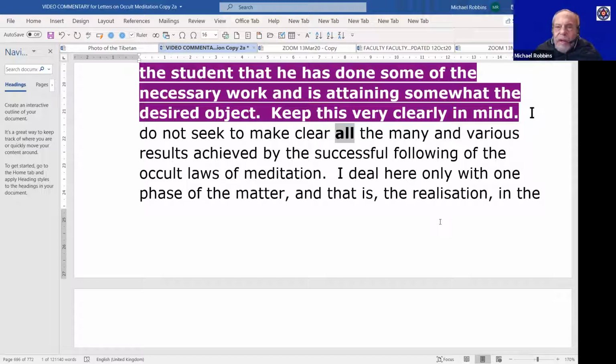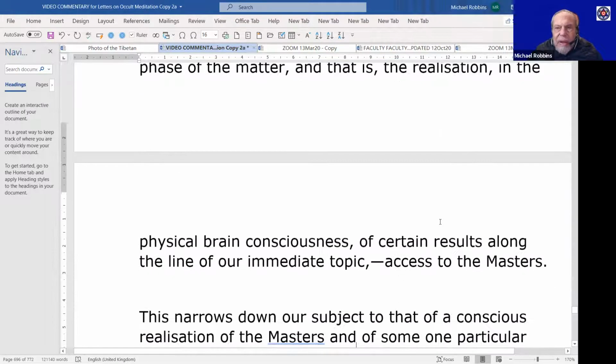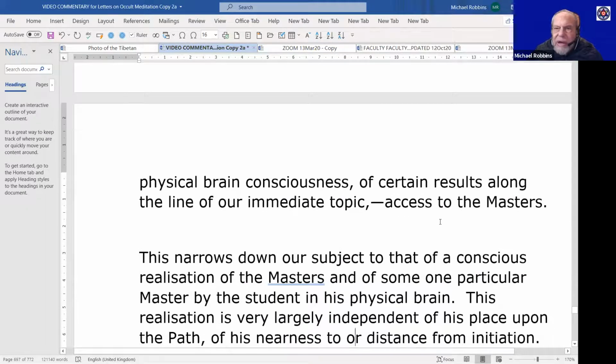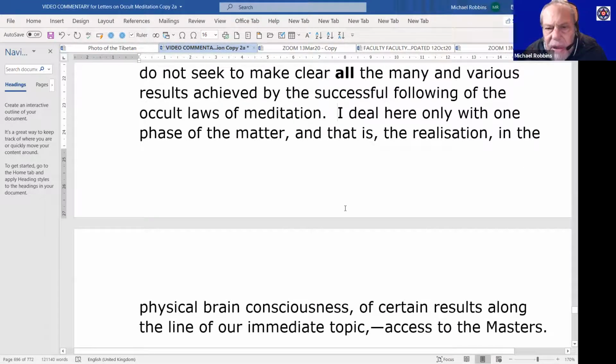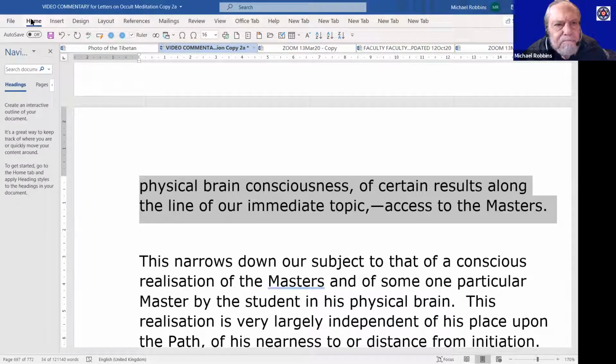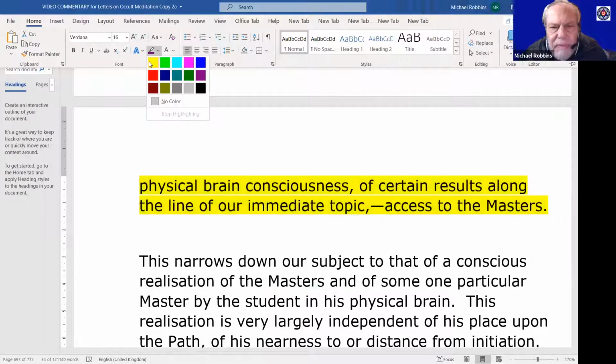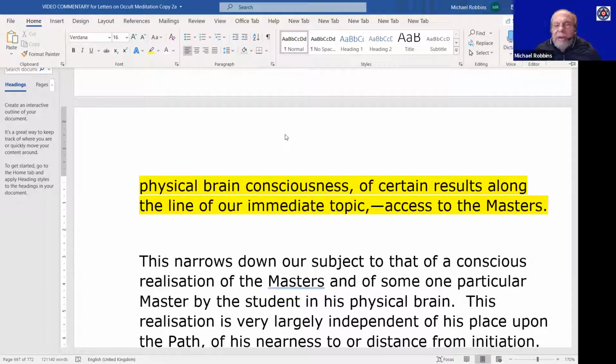I deal here only with one phase of the matter, and that is the realization in the physical brain consciousness of certain results along the line of our immediate topic, and that is access to the masters. So DK is clarifying: many things may be developed by following the course laid down, but now we are basically talking about something that seems to be dear to the heart of many, that is access to the masters. This narrows down our subject to that of a conscious realization of the masters and of